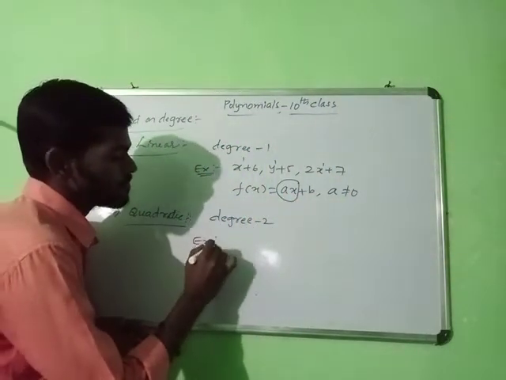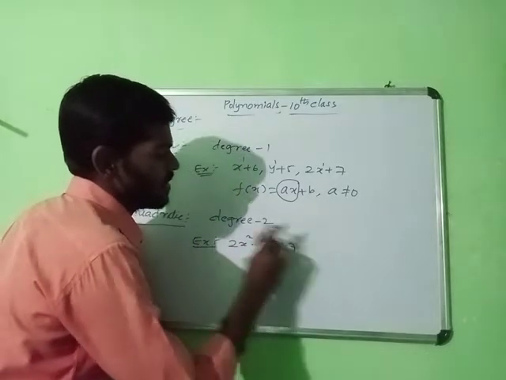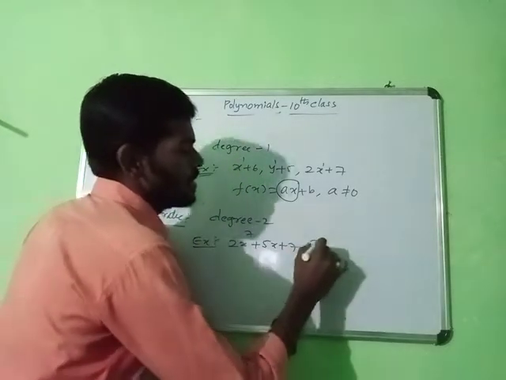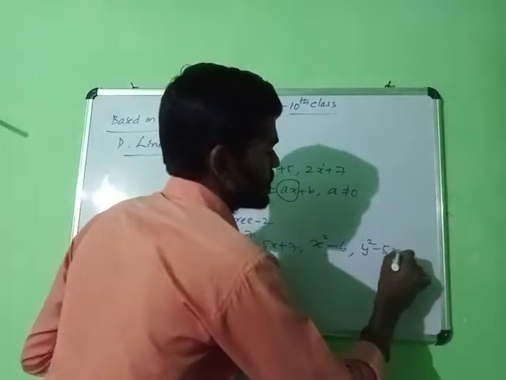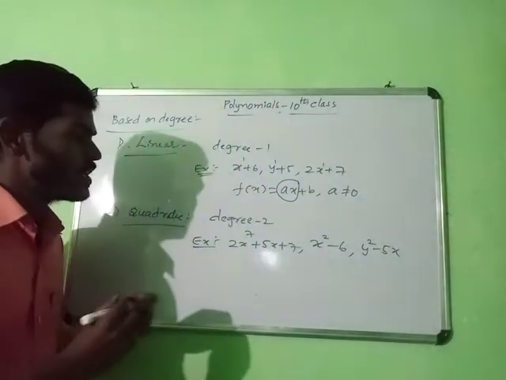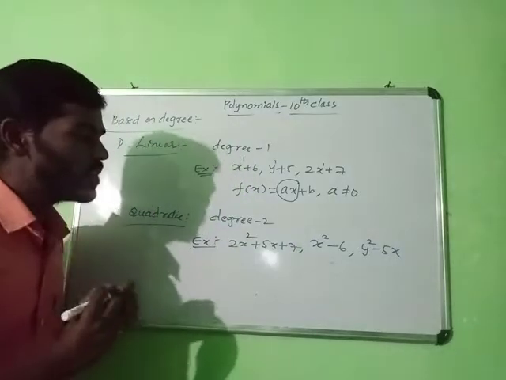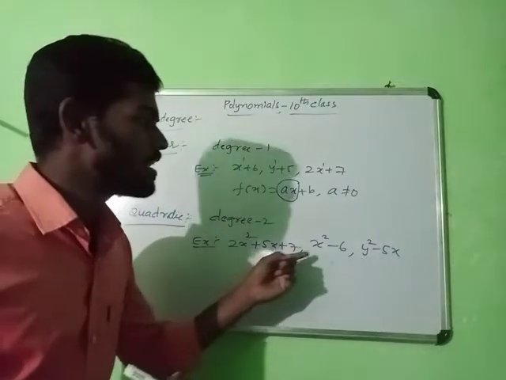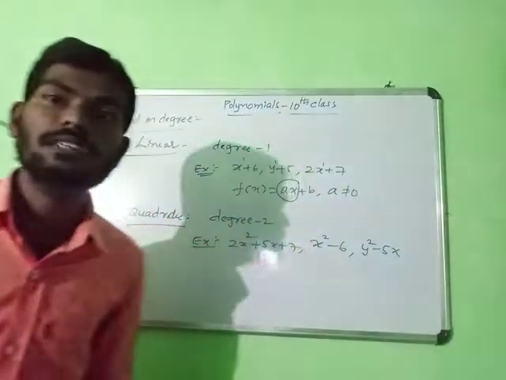Examples are 2x square plus 5x plus 7, or x square minus 6, or y square minus 5x, like this. Now you see here, square. Here how much degree is there? Highest degree 2 is there. Here also highest degree 2 is there. Here also highest degree 2 is there. These are the examples of